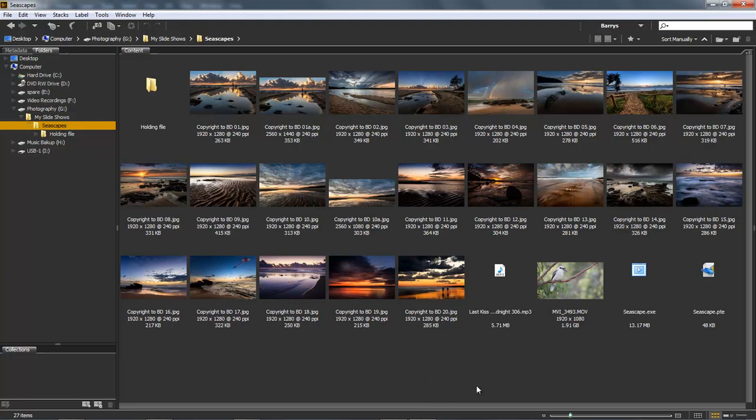Let's take a look at what I've currently got on screen in Photoshop's Bridge. I've got the images that we used to make a small presentation called Seascape. You can see the executable file from a Pictures-to-Exe slideshow. It's about 3 minutes long and it's 13.17 megabytes in size. To the left I've got a piece of video which runs for about 6 minutes and 35 seconds, which is quite long for a piece of video, but as you can see it's also HD, but the file size is